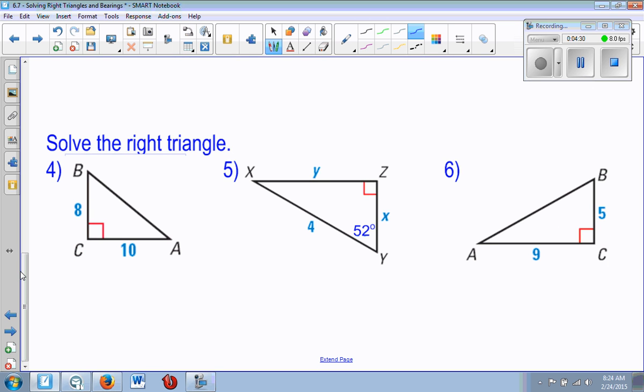Moving down, three problems, they all ask us to solve the triangle. So in number 4, if you notice, all you're given is two of the side lengths. So the easiest thing to find is always going to be your missing third side, easiest done by doing the Pythagorean theorem. So I'm going to do that: 8 squared and 10 squared together is 164. And if I take that square root, we end up with 12.8. I'd still have to find the